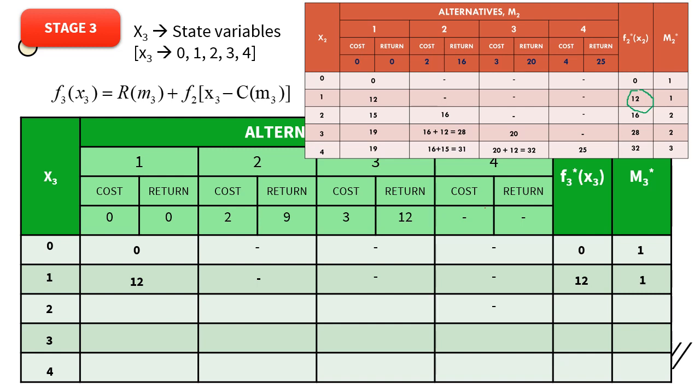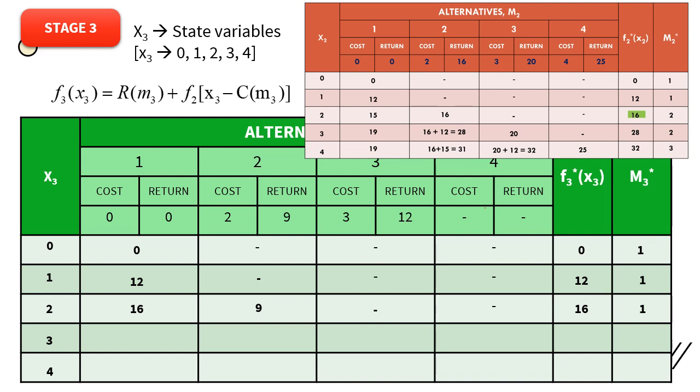So the next one is 2 crores. For 2 crores, I am not spending for this plant. For the previous plant, my 2 crore is 16. So I can spend 16 of this value, so that will be 16 here. I can spend the entire 2 crore here in this plant. You will get a return of 9, and I don't have 3, so there will be 0. So the best alternative is 16, which is also 1.